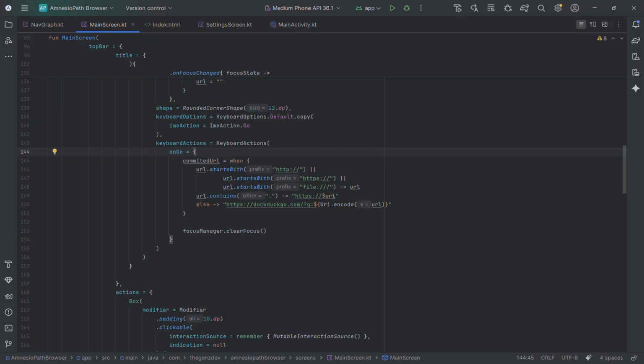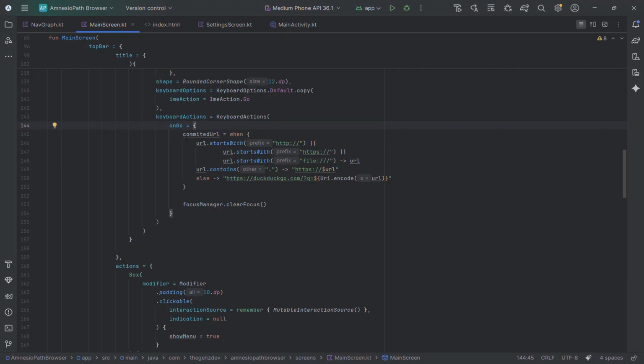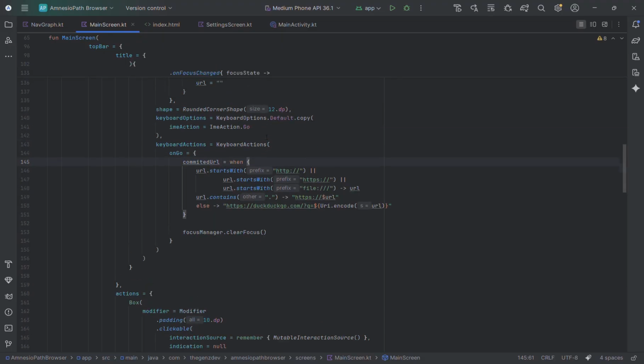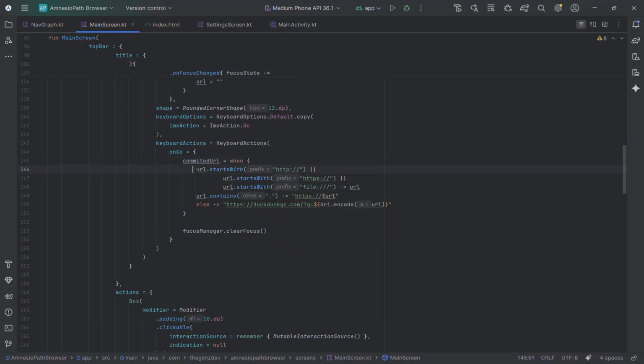So now we define what on go is going to do, and what it's going to do is change the value of the committed URL, which would be displayed here. So the committed URL would be, if URL starts with HTTP or HTTPS or with a file, then it's going to be equal to URL. Yeah, so it's going to be the actual value of the URL. And if URL contains dot, then it's going to open like a website,